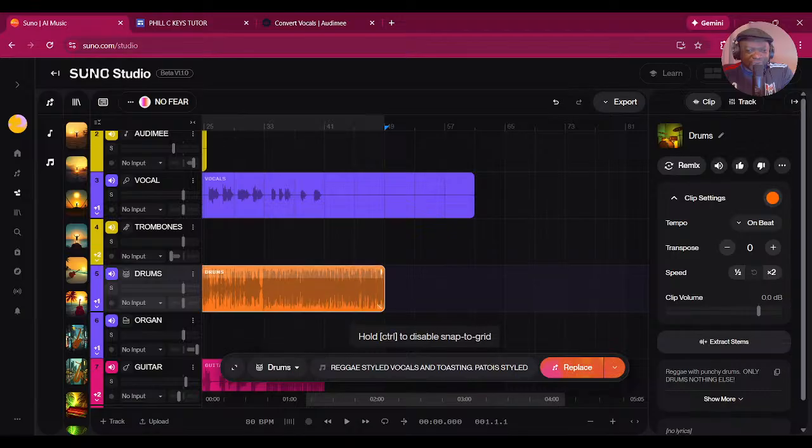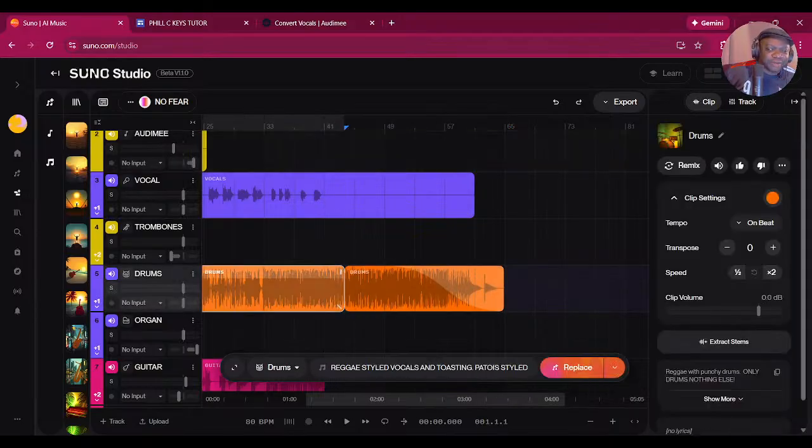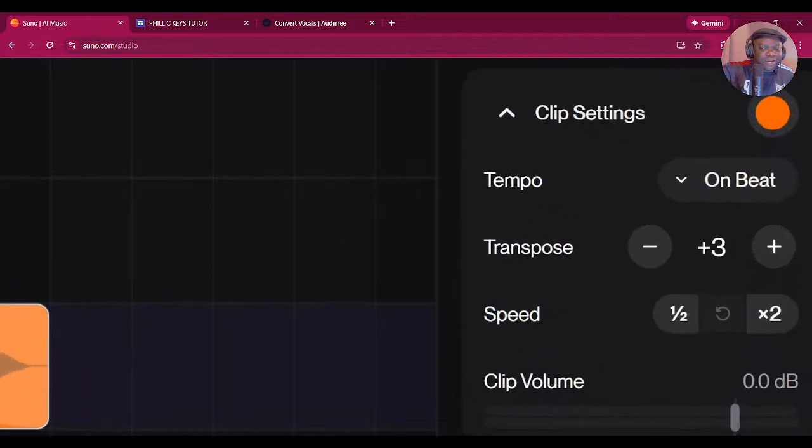I think what happened, let me explain this to you just so you understand the context. This is very interesting. Remember when I was trying to get things right, it appears that I might have nudged the drums transpose numbers. You see these numbers on the right?